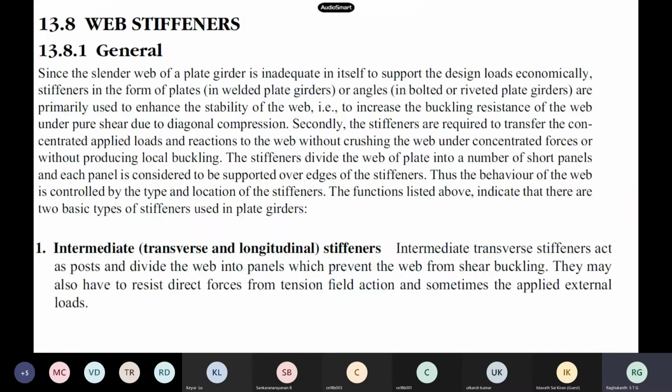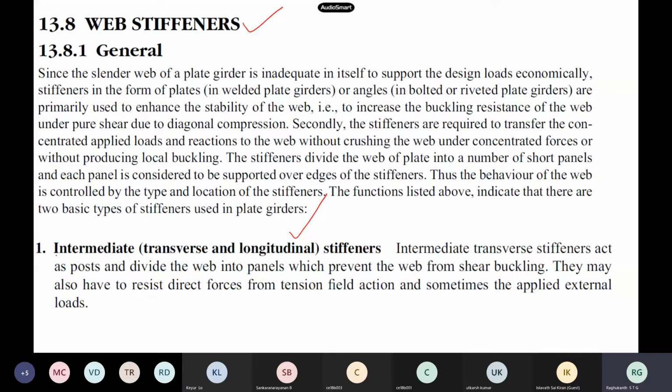Now, the end panel design is not important if there are no stiffeners. If it is unstiffened, no need to do anything. But if there are stiffeners, then a tension field is getting formed, and you have to worry about the end panel design. Otherwise, no need to worry. Now let us see the stiffeners design. There are a variety of stiffeners, like intermediate stiffeners we call. Then at the end, if you are providing supports, we call them bearing stiffeners, or so many names have been given.